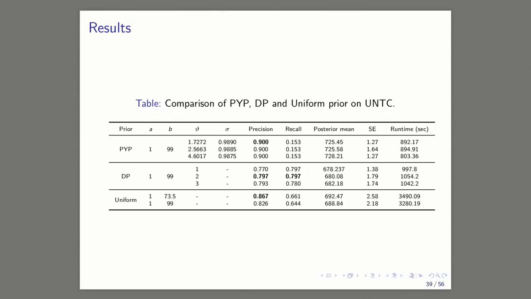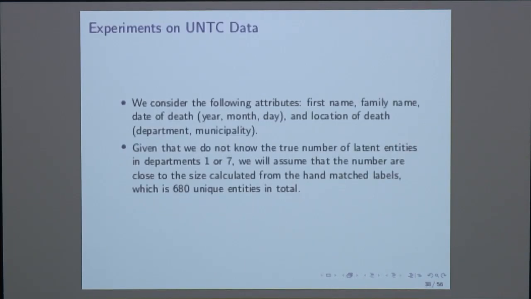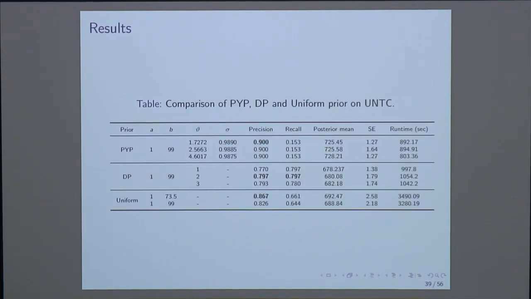So if I look at the Salvadorian data set, so this was a prior model that we looked at, a kind of special case of the model that I gave before, you'll see that this data set is hard to match. So if I look at the Pittman-Yor prior, the recall is incredibly low. And here, the precision and recall, while they're balanced, they're also really low. So why are they low? Why is this doing so well on one data set, but having such a difficult time on this particular data set? The reason for this is because